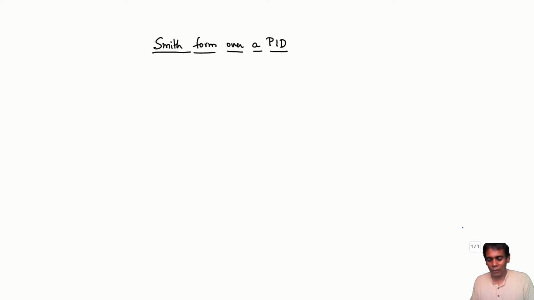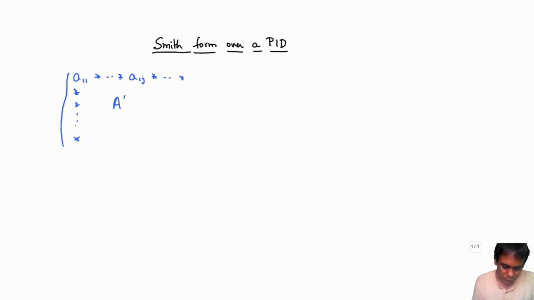If you recall the algorithm, one of the steps was that you had a matrix and we were trying to clear out the entries of the first row and first column. So we had this matrix, and the first row and first column had some entries. For the moment, let's just focus on trying to clear out the first row. Say there's some entry A1j, in the first row and jth column, that we want to clear out.